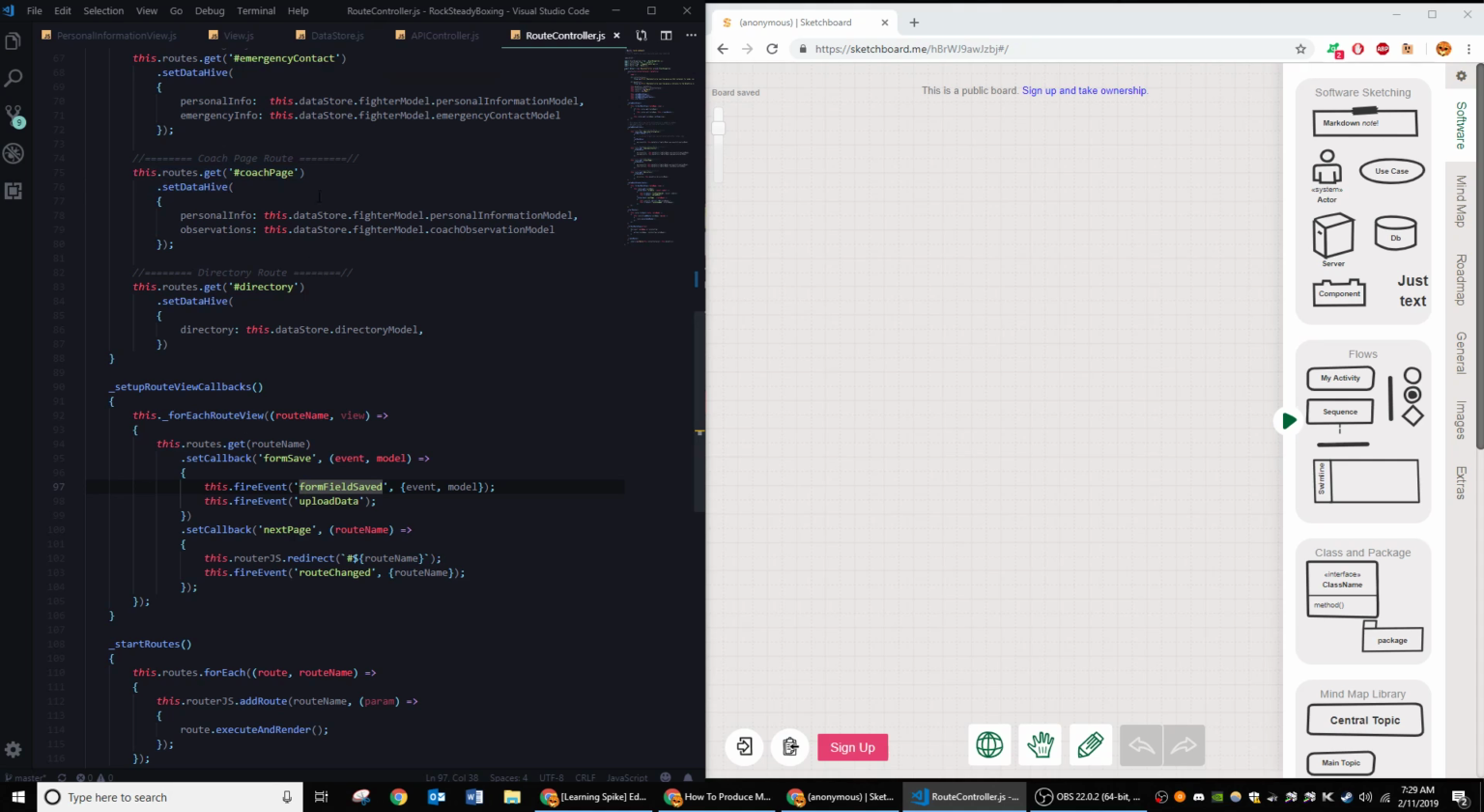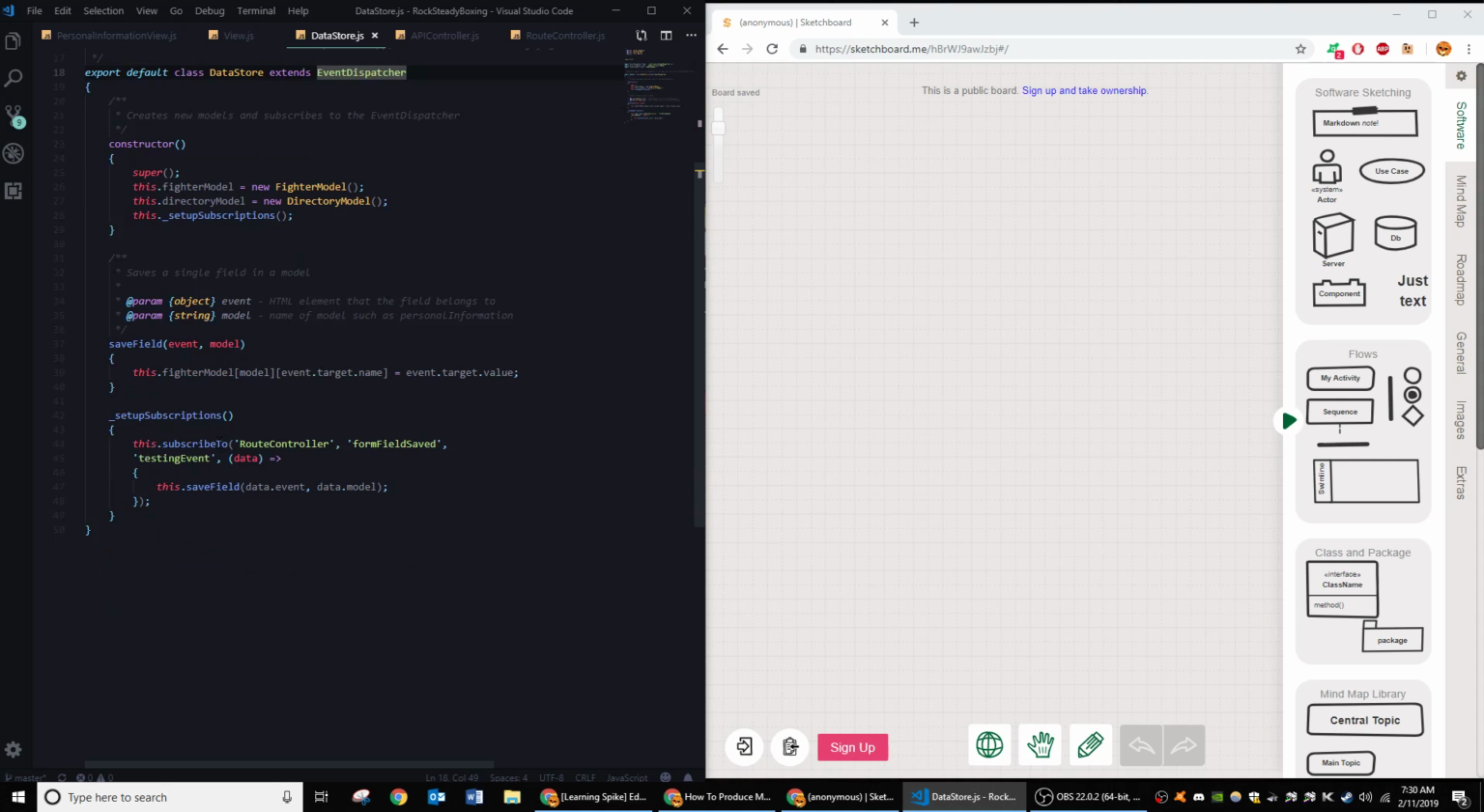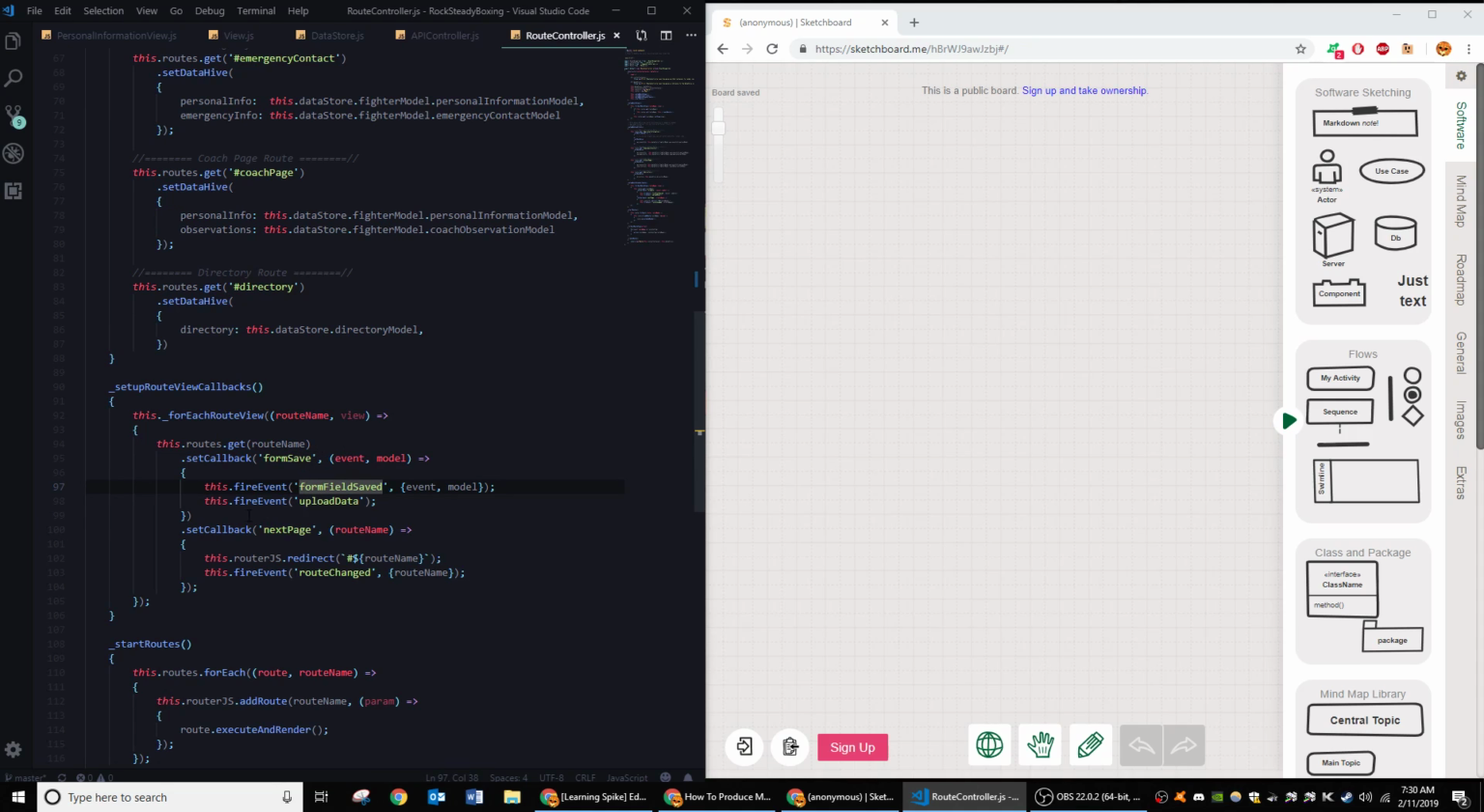So, the data store here. The way this is all actually working is this is listening to events here. The data store is extending from the event dispatcher from the last video. It's subscribing to route controller's form field saved event and then runs this testing event callback, which calls this.saveField, and it's given the event and the model. So on form save, it fires the event form field save and passes the event and the model off,